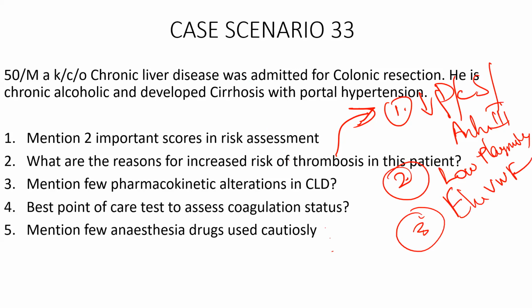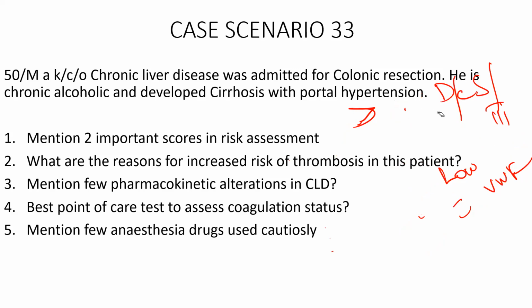If you ask risk of bleeding, I know you'll be knowing it's going to be low coagulation factors, low platelet inhibition, all reasons you know, I understand. So that's why I put increased risk of thrombosis. So low protein C, protein S, and antithrombin 3, low level of plasminogen, and elevated von Willebrand factor. These are the reasons which make a patient at risk of having thrombosis.